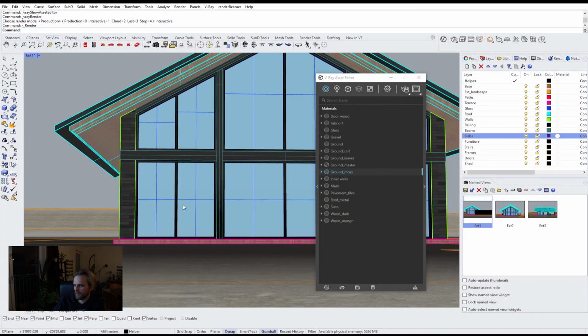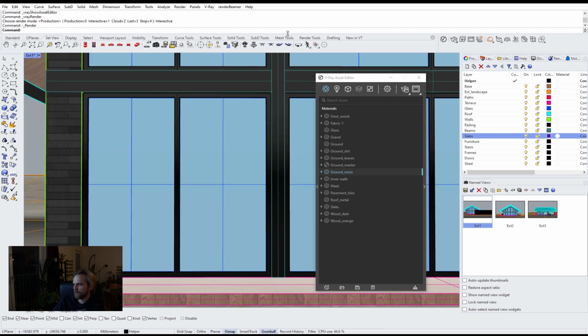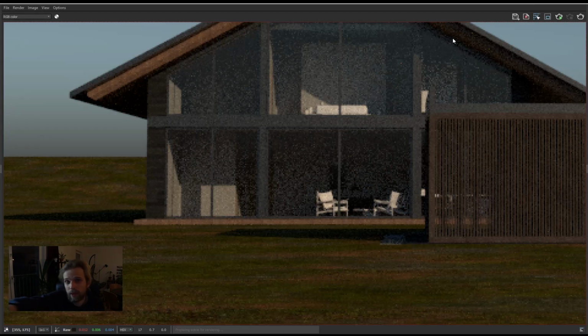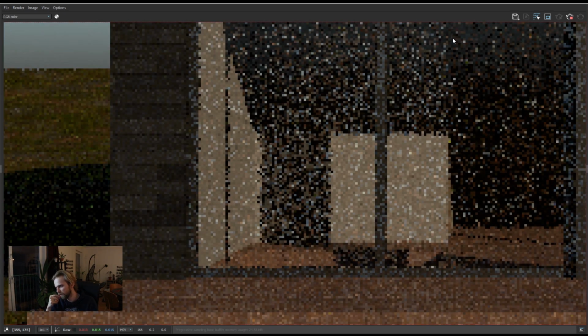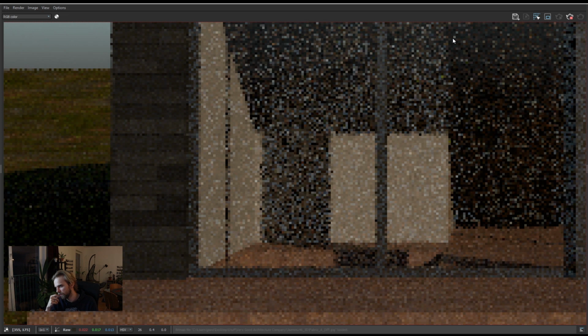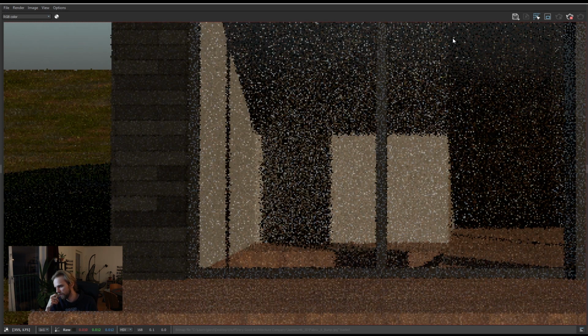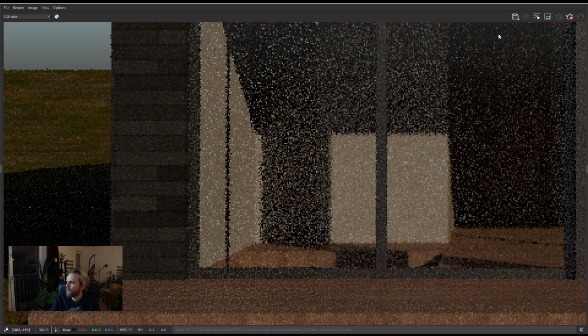Let's zoom in closer. It's just the lack of geometry. Let's render out this view. Not the lack of geometry, lack of resolution, right? So it doesn't work. Also, it's super dark. There we go. A little bit better. Give it some time. And while this is rendering, actually I can show you a few tips and